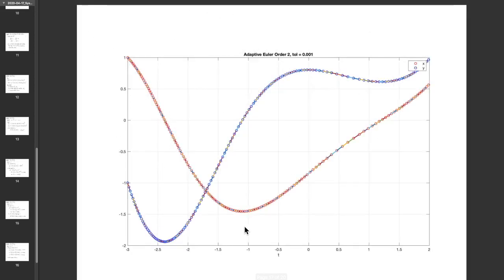So here is MATLAB's computation of this. This is the adaptive Euler method of order 2 with a tolerance of 10 to the -3. And I've projected the solution forward up to time t equals 2. So the red curve you see here is the solution x, and the blue curve is the solution y. And all the coloring in there is MATLAB showing me the interpolating quadratic that connects the dots in each of those graphs. This process, you can use order 3 approximations, order 4 and higher, and I thought I would